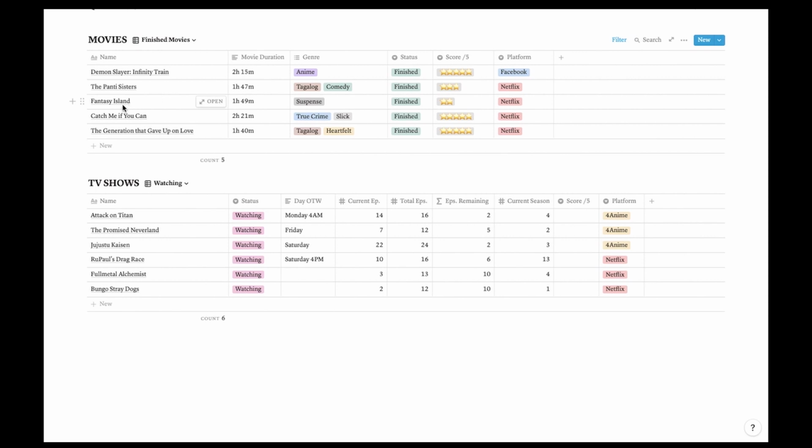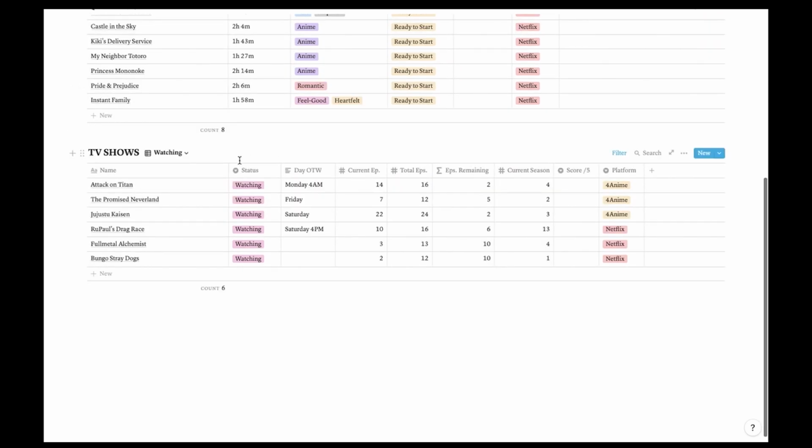Fantasy Island on Netflix, a 2 stars out of 5. I swear I wasted my time, but it's just my personal opinion. It's a suspense movie, so I have a high standard for this. So maybe that's why I gave it a 2. Catch Me If You Can, I really like that. The Generation That Gave Up on Love, oh, I really like that. This is a really nice movie. But anyway, so yeah. And my TV shows, so these are what I'm currently watching: Attack on Titan, Promised Neverland,